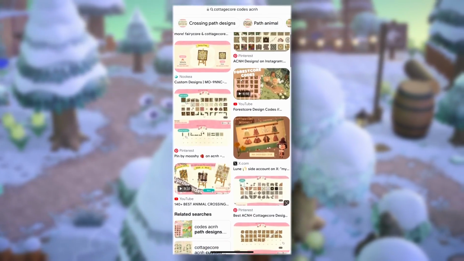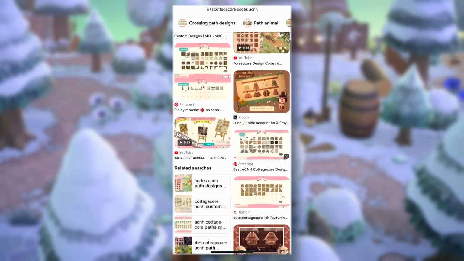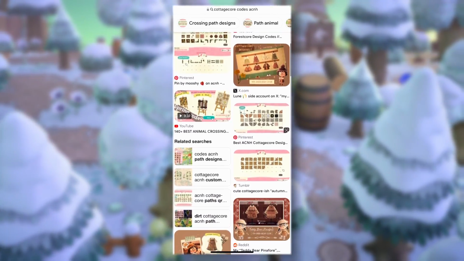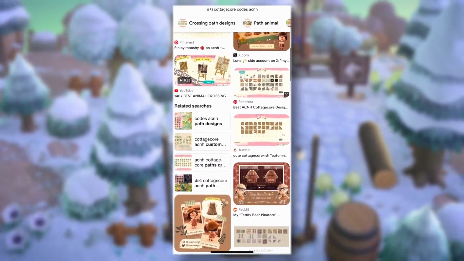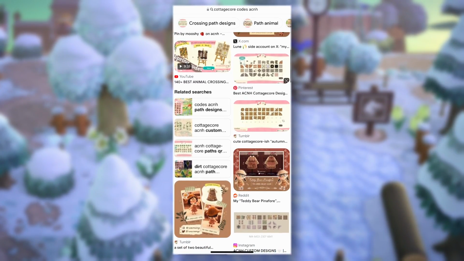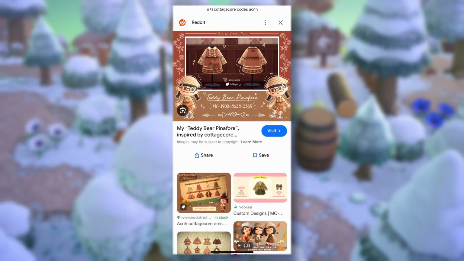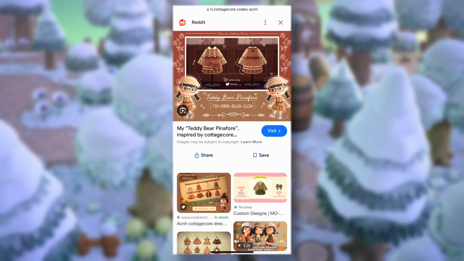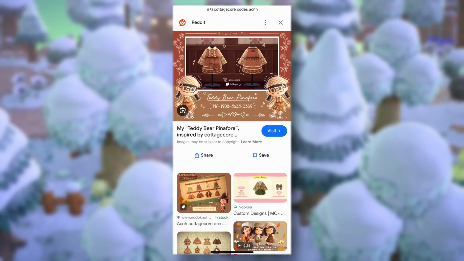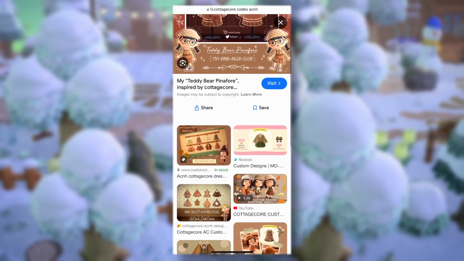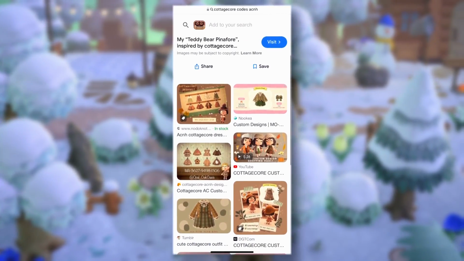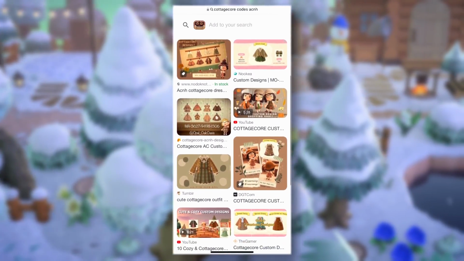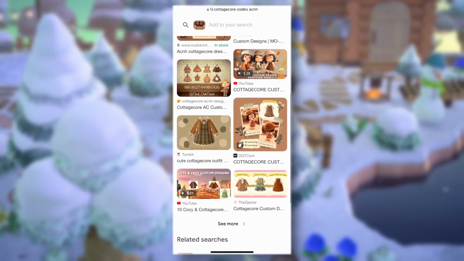Custom codes that you find have often been tagged with some of the words you may be searching for, like your theme and colour scheme, so people can more easily find the right thing for what they're looking for. When you go into Google Image Search, you want to search for roughly what you have in mind for your custom codes. And as you start looking through the results, if you aren't seeing exactly what you want, you can change this up so that it goes back into what you were originally thinking.